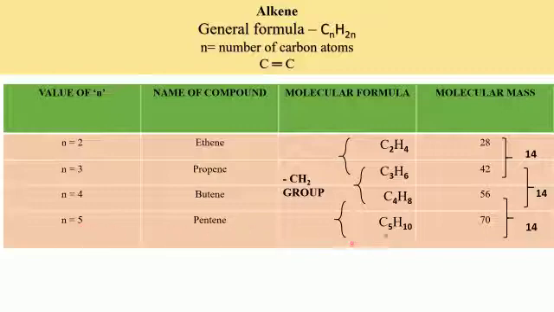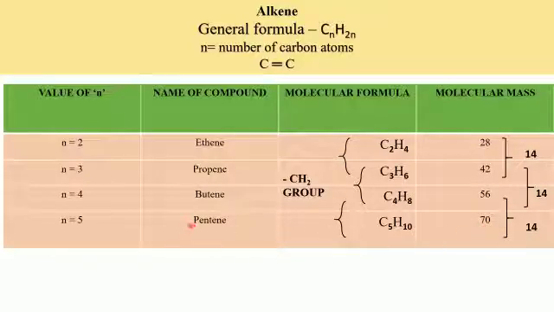So if there are 5 carbon atoms, it is considered to be a derivative of pentane. So we will use the root word here, pent, or the parent alkane will be pentane, and we will use the root pent and the suffix ene, e for indicating the double bond. Formula of pentene is C5H10 and the molecular mass is 70.